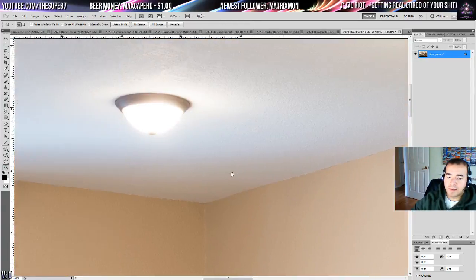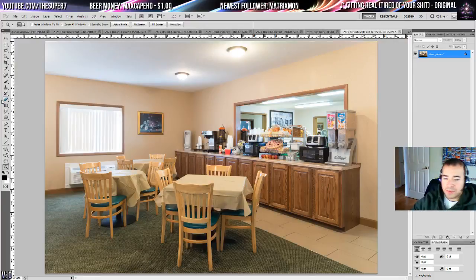Alright, so to whiten the ceiling, I've got two options. I can just take the sponge tool and remove the blue hue that's going on here first. And I can leave these lights and just take the dodge tool, set to shadows, and bring up the shadows to brighten the ceiling. The other option is actually removing the lights and then repainting the whole ceiling with a layer of white set